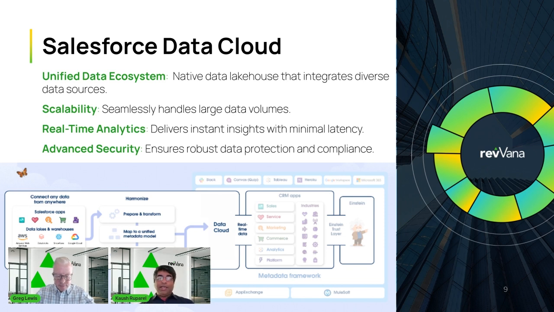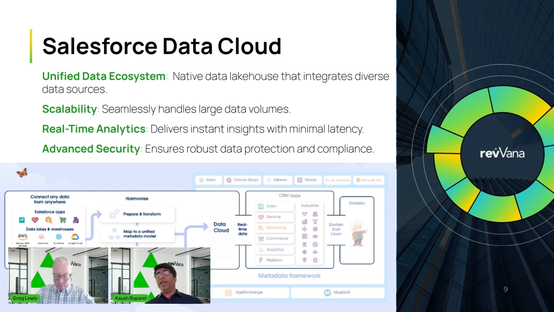And this is where Salesforce Data Cloud is going to be really amazing. This is their official foray into bringing any data into Salesforce and deriving intelligence from it. So it's their native data lakehouse with a vector database. So you could bring in any kind of information, any kind of structured and unstructured data in the Salesforce ecosystem. Infinitely scalable, huge amount of processing capabilities.